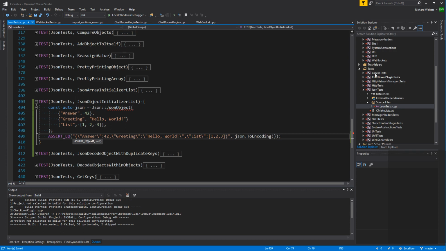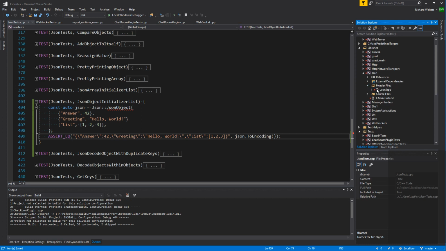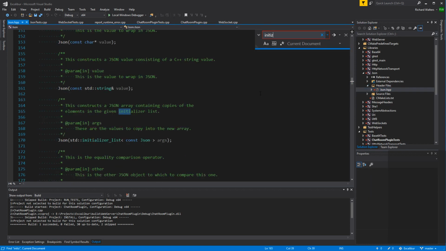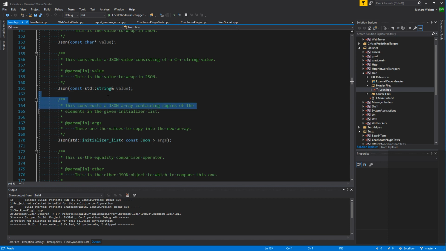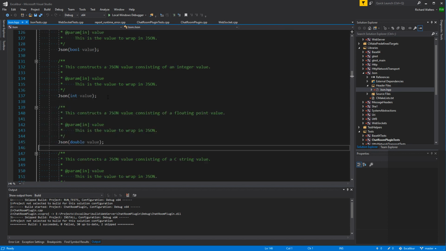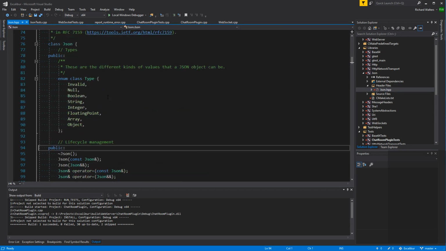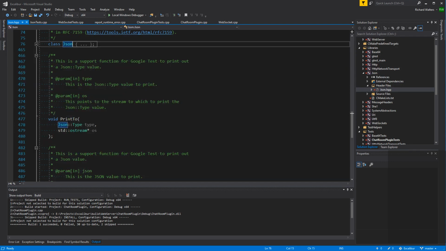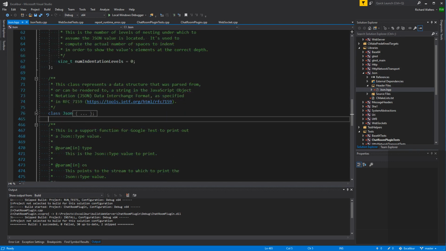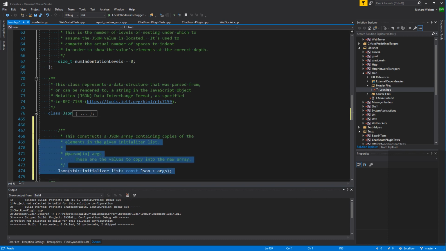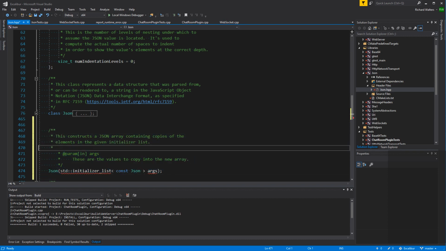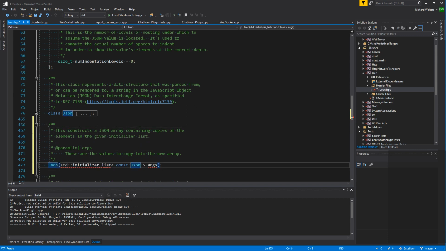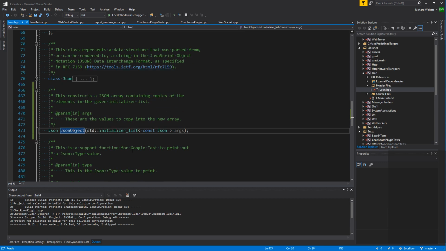Okay, so to get it to compile, we need to declare that thing. So let's find initializer list. And I'm going to make the JSON object not a part of the class; it's going to be outside the class, but in the same namespace. So it's going to look like this. It's going to be JSON object, constructor of, I don't know, what do we want? A pair, right?